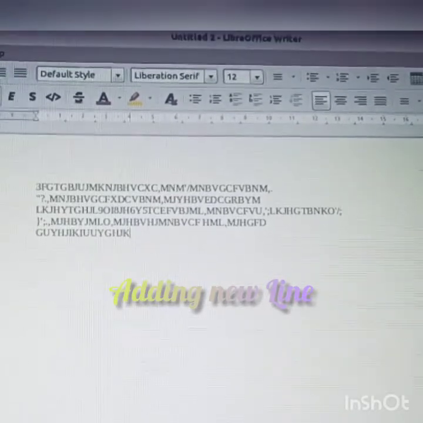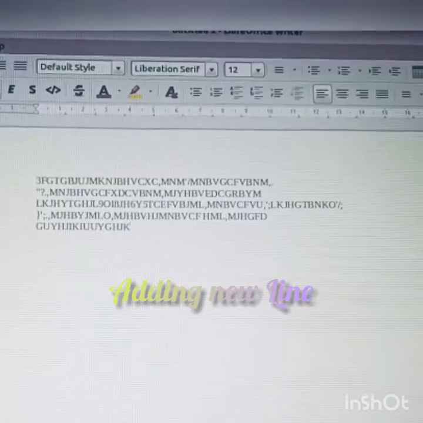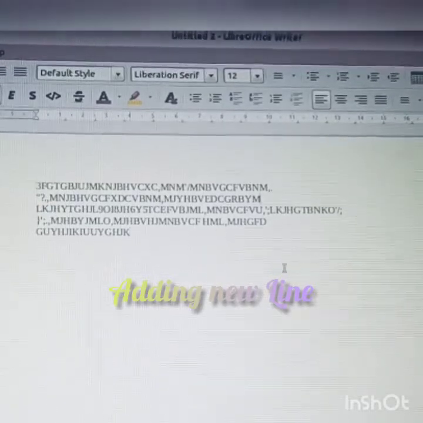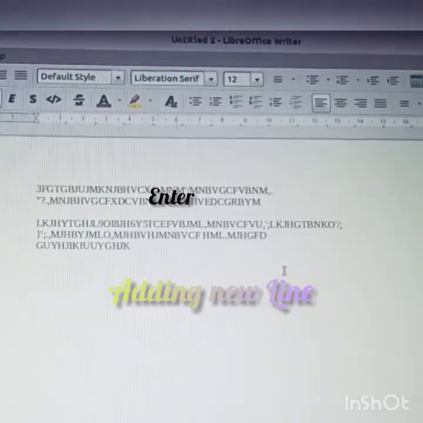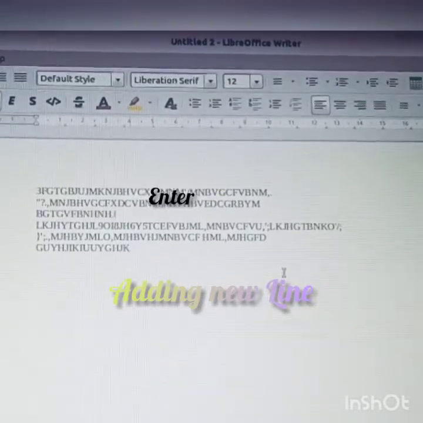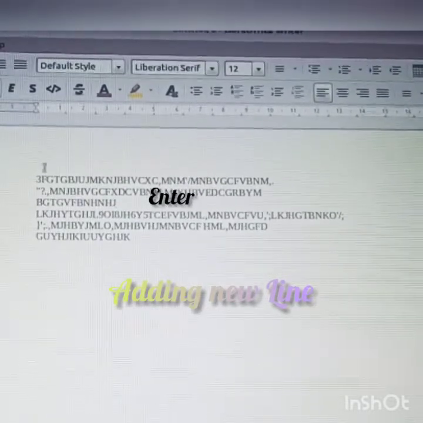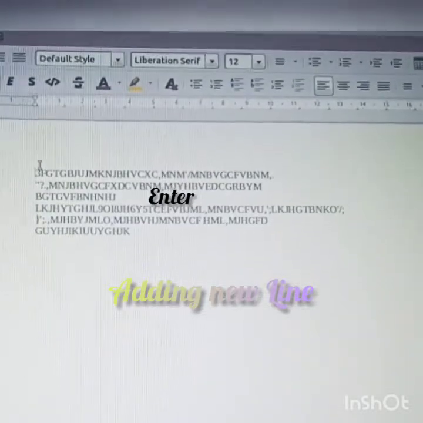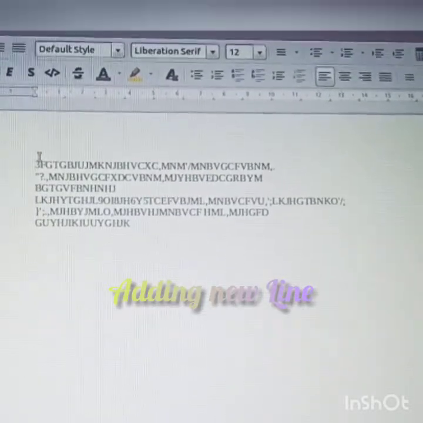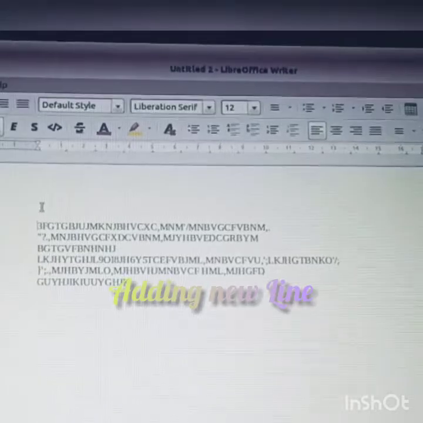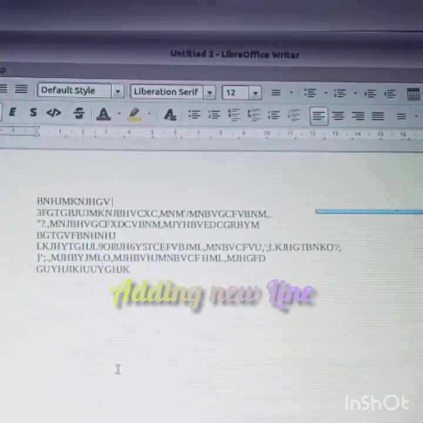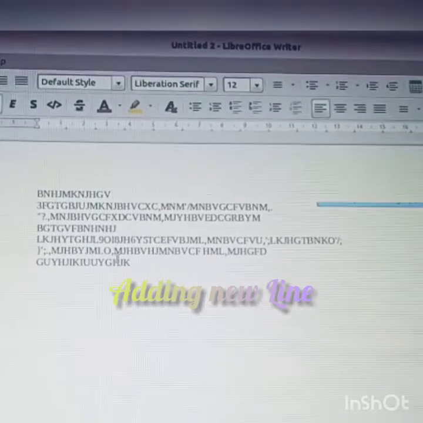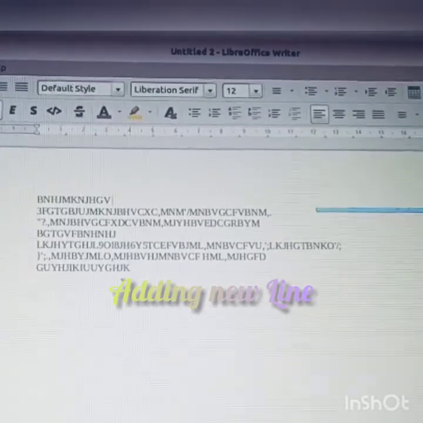Then if you want something to be typed in the middle, after the second line, what will you do? Keep the cursor in the second line and press enter. Then you can add another line in between. Or if you want to add a line here, then click enter here. Then click with the cursor and start typing if you want to add something in front. Okay, this is how you add a line.